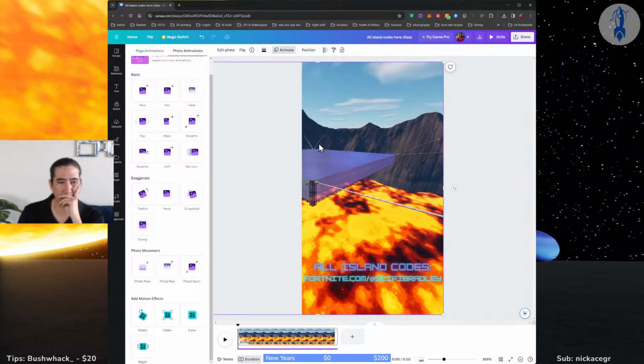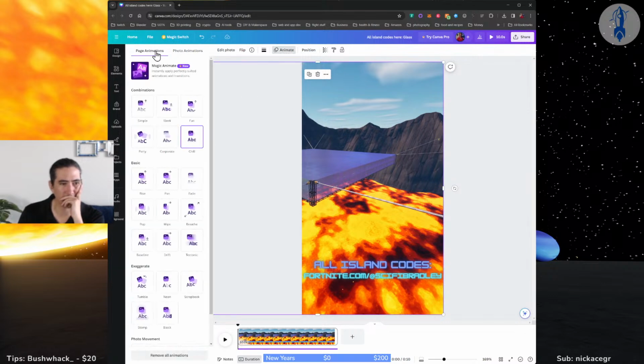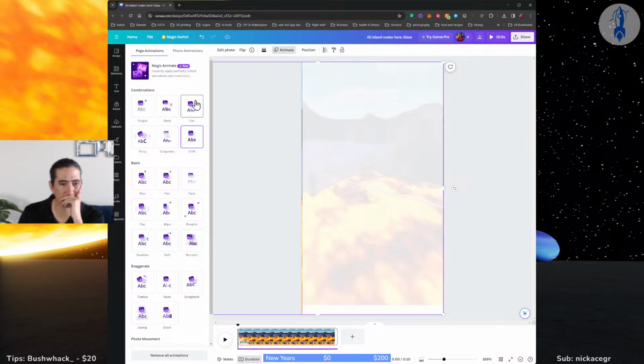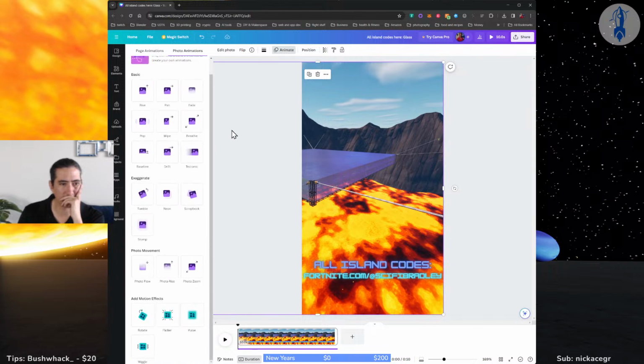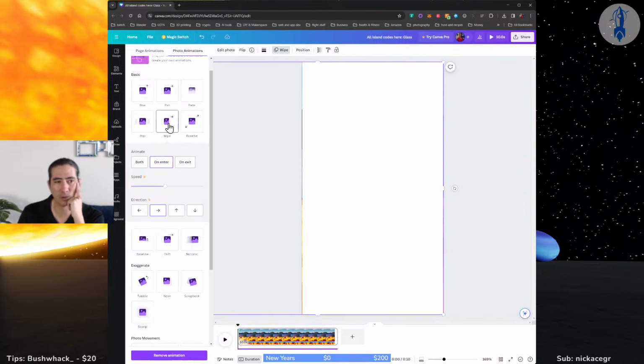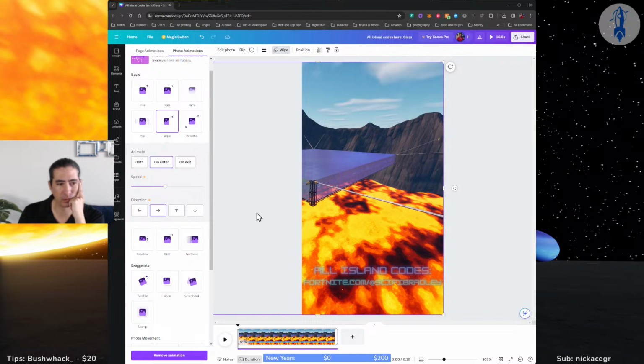Alright, remove animation. Page animations. Photo animations. Maybe we want white.